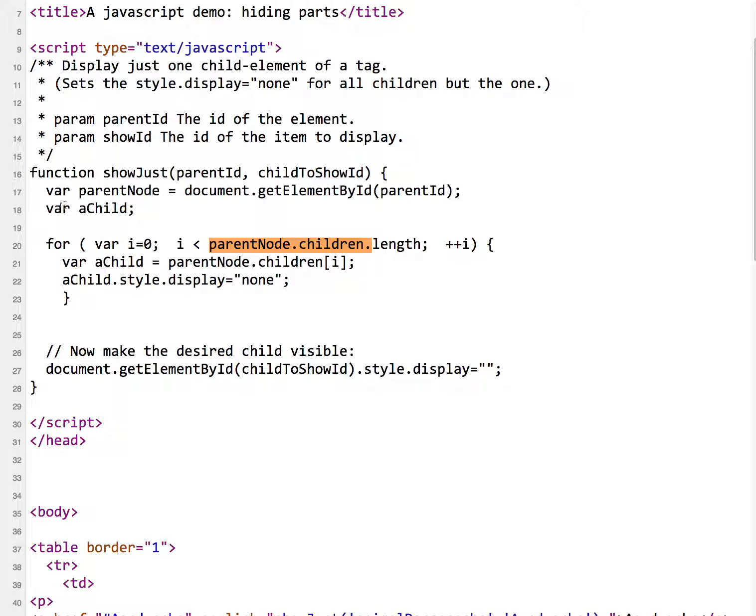Here's what I'll do. I probably shouldn't declare this variable out here if I don't need to. I'll go clean that code up. Make a new variable child, set it to the ith child, and set its display to none. So that's my loop that turns all the things off. Then we do one last step and we set the display to be the empty string, meaning normal display style. Document.getElementById child to show